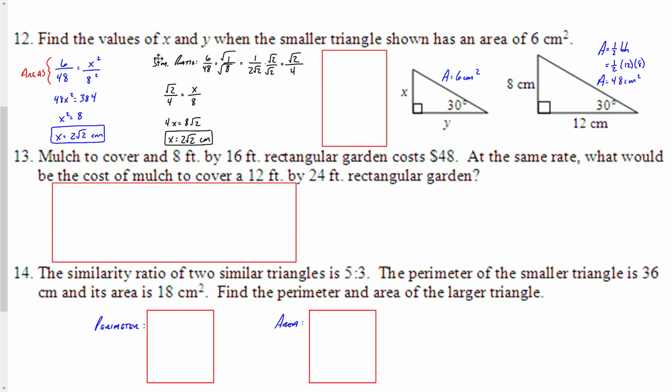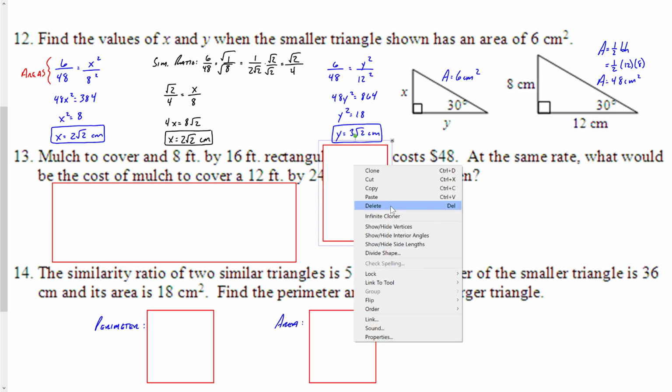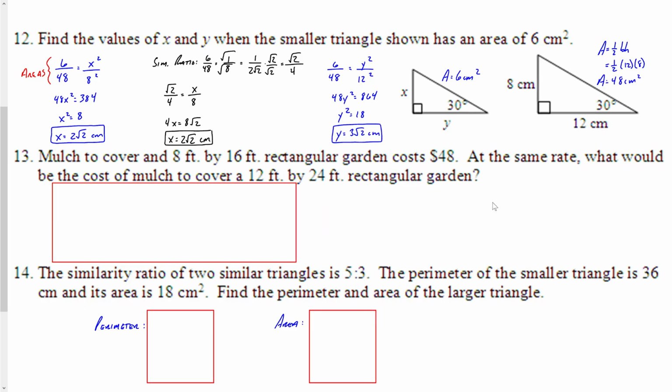Now, the problem, we have to make sure we're reading carefully, also says that we have to find the value of y. So I did the same thing with y that I originally did with the x value. I set up a proportion using the areas. In this case, my side that I'm trying to find is y, so I have to compare that with 12 from the larger triangle. Again, making sure I square that ratio of side lengths, since this is area on the left. Now, if I cross multiply, divide, and solve, I would find that y is 3 square root of 2